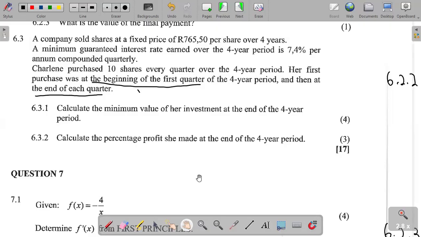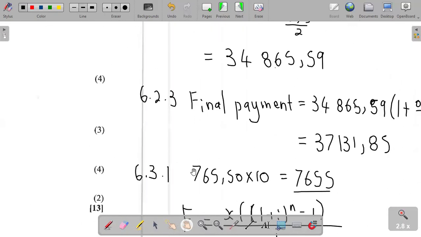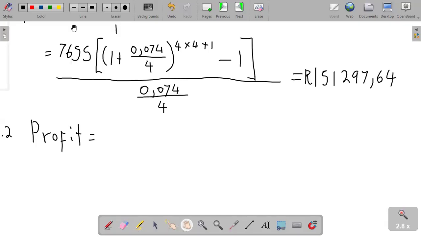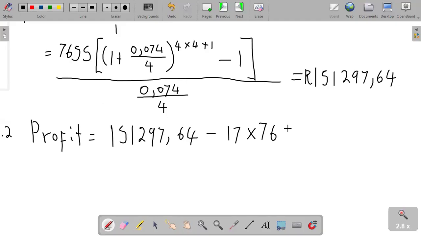Okay, so the profit here is going to be the answer that we have here, 151,297.64, and then we're going to minus 17 multiplied by her payments, 7655, equals to